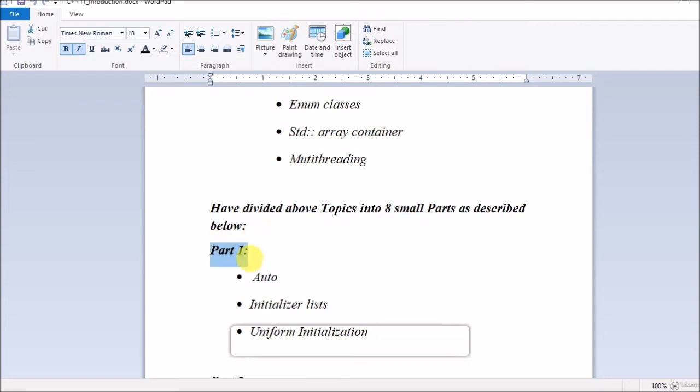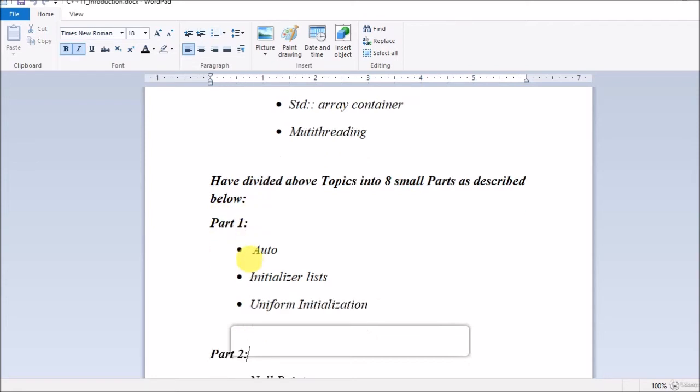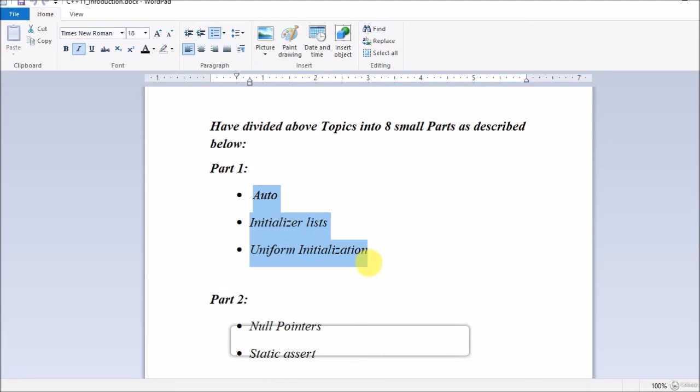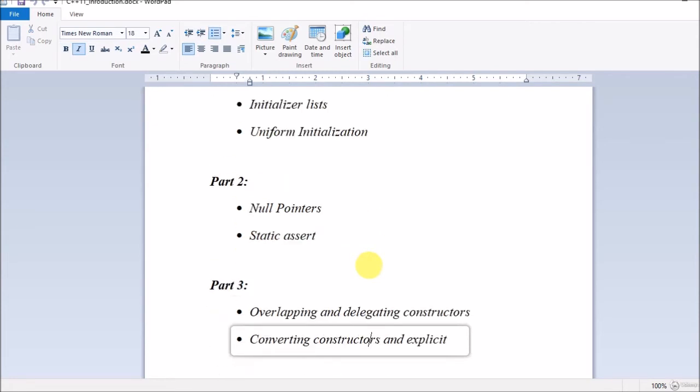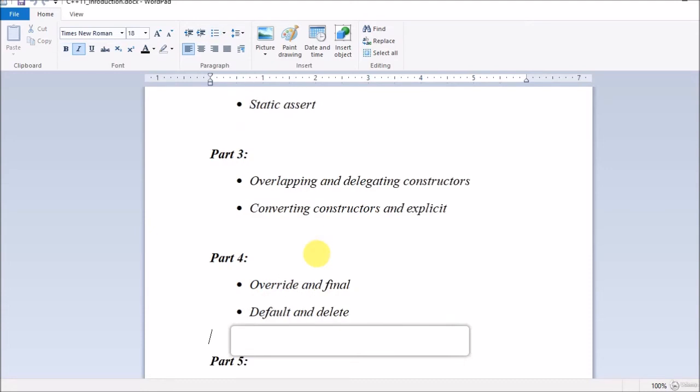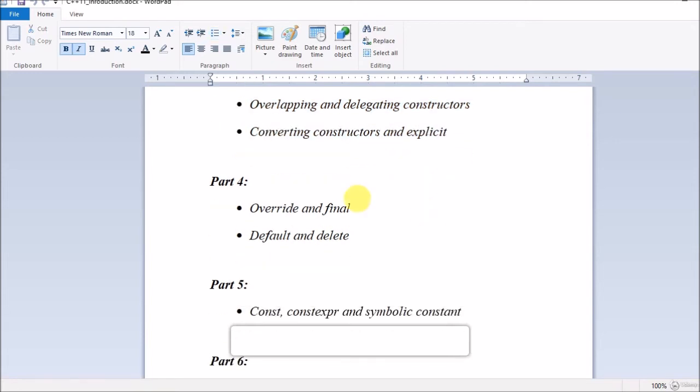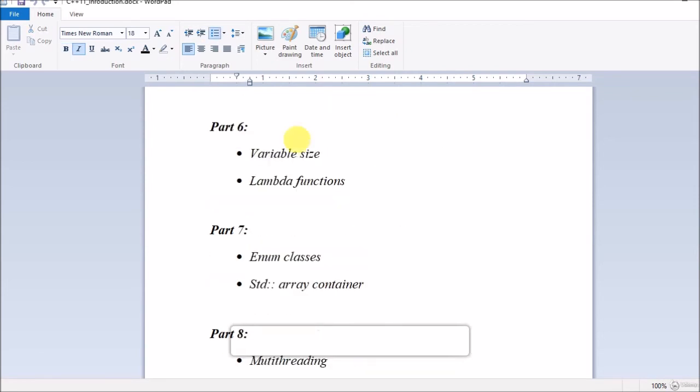In the part 1 session, I will be covering these 3 features: auto, initializer list as well as uniform initialization. In the next session, part 2, I will be covering null pointer and static assert. In another session, part 3, I will be covering overlapping and delegating constructors as well as converting constructors and explicit. In part 4, I will be covering override and final as well as default and delete. In part 5, I will be covering